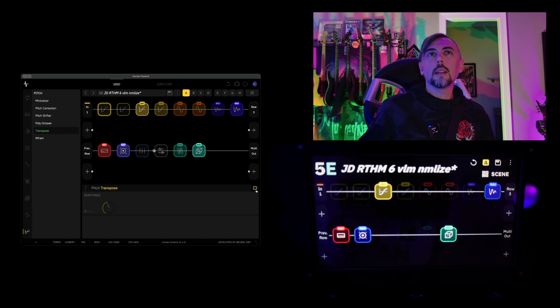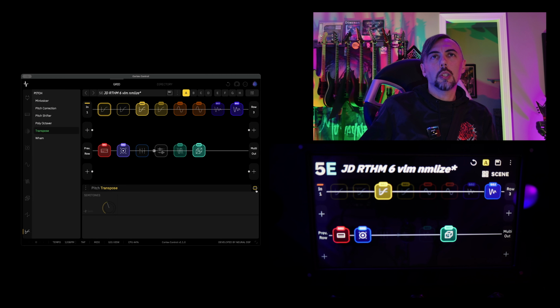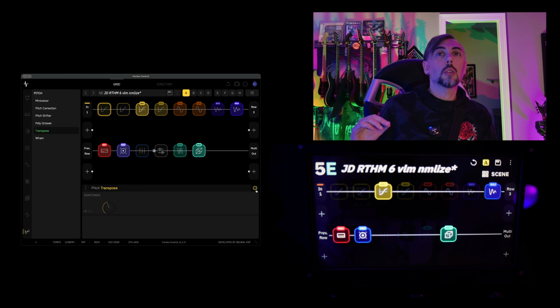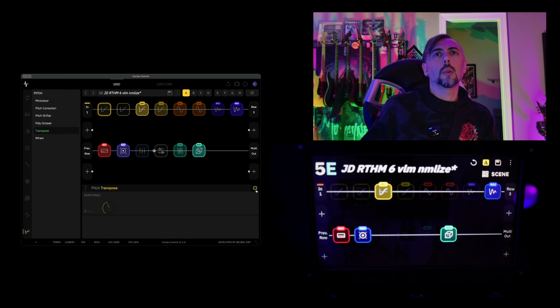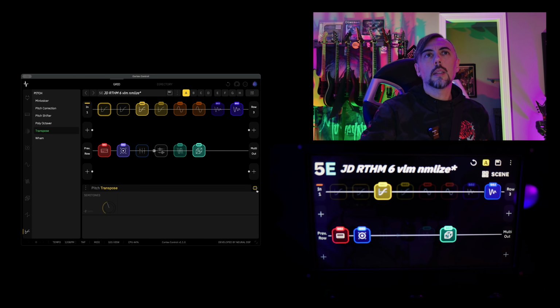Pretty cool, huh? Like I said, it's pretty much the same thing as what you could expect any pitch shifter to do, but Transpose's sole purpose is just to literally change your pitch and not give you any other finite controls. I do also believe, from what I've seen, that there is less of a penalty on your CPU cost using the Transpose versus the pitch shifter that has a little bit more of those finite controls, especially with the mixing and being able to change some of the course correction on the pitch itself. So this is just simply an out-of-the-box utility to allow you to transpose. It's a direct lift from the Neural DSP plugins, and it works really well.